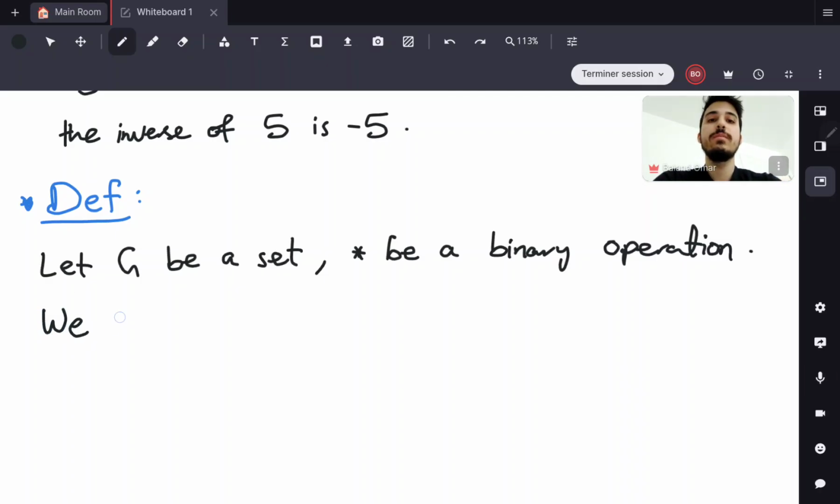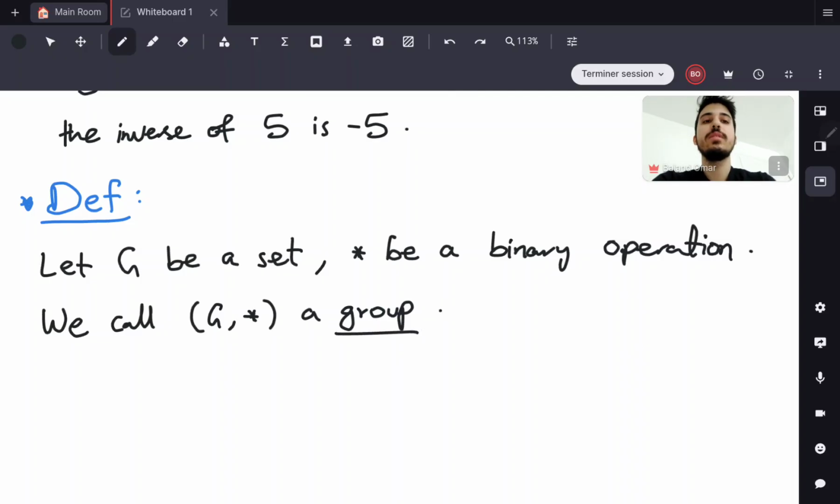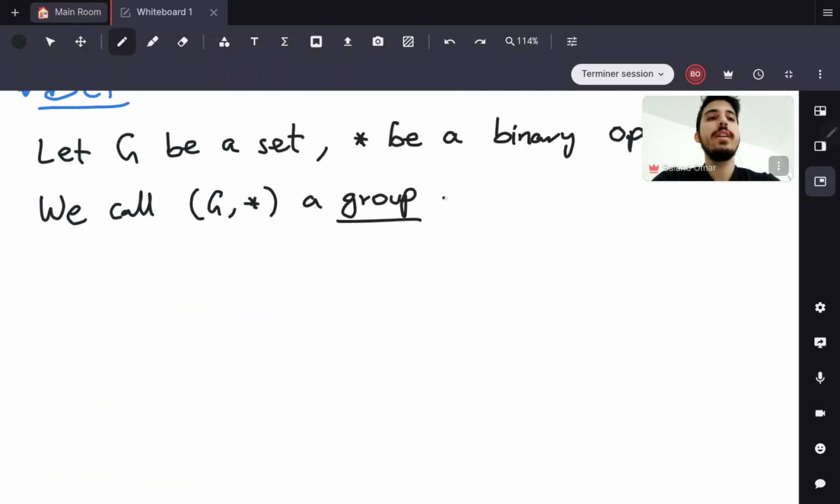We call the pair G star a group if, first of all,